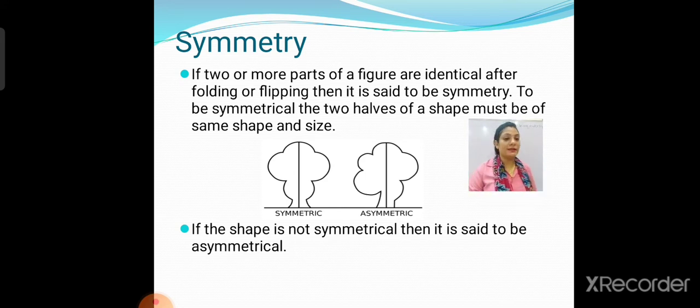Like, I have some objects in my hands. If I put a horizontal line on it, it will be symmetrical. A vertical line on it is also symmetrical. A vertical line on it will also be a symmetrical thing. And this frame is also symmetrical. As you can see here, these are all our symmetrical objects.